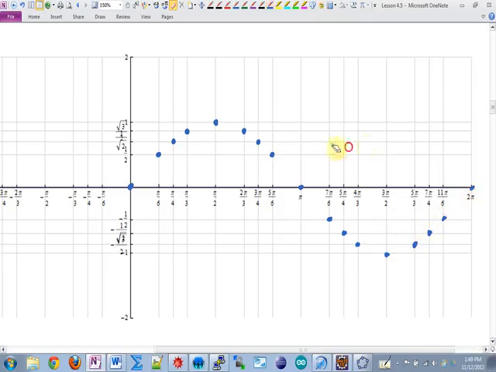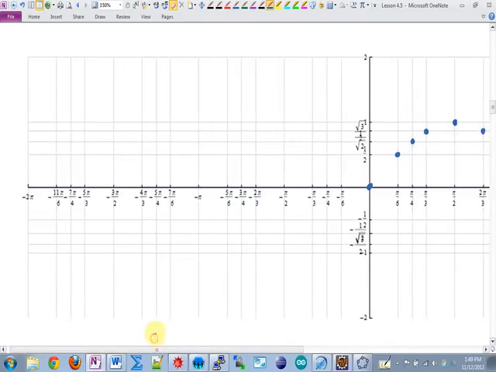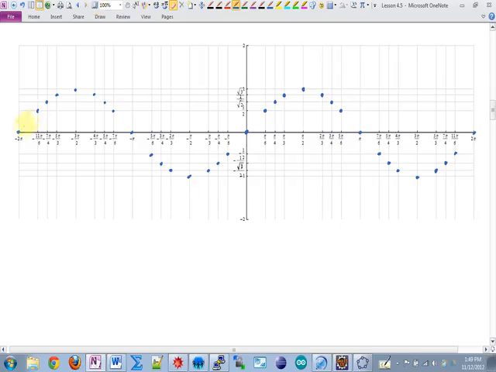And so that is one complete cycle of what sine looks like. We should go in the negative direction as well. I'll zoom out on this when I'm done. Okay, and then